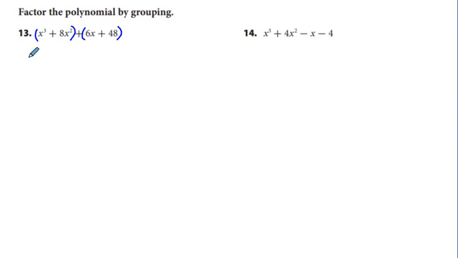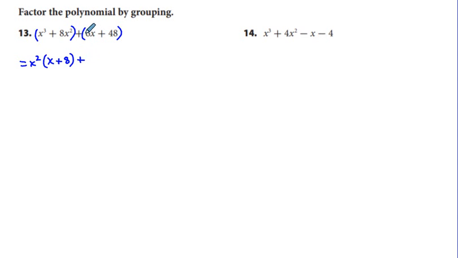Well, I hope you notice that we're going to have x squared as a common factor. And then if we pull an x squared out of this first grouped pair, we're going to be left with x plus 8. And then we have plus,